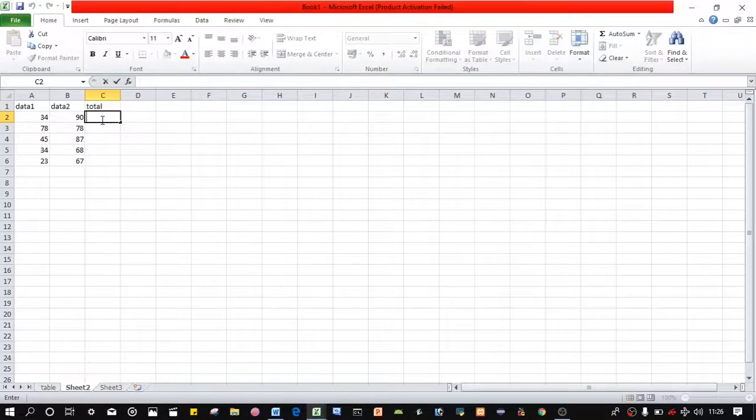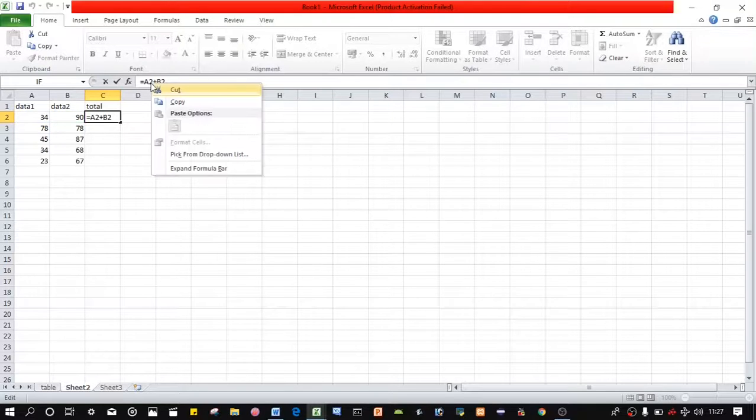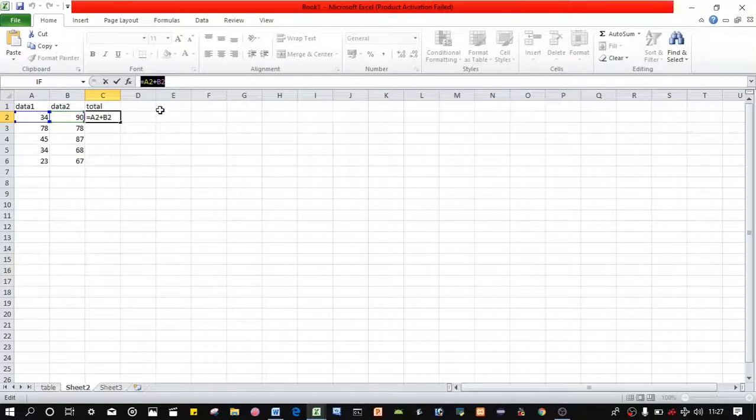Suppose equal to sign, press this one and again press this one and press enter. 124 is the sum of these two, data 1 and data 2. How can we use the same formula? This is the formula. How can we use the same formula in all the column? So just click here and select this one, and after selecting click the right button, and here is copy.